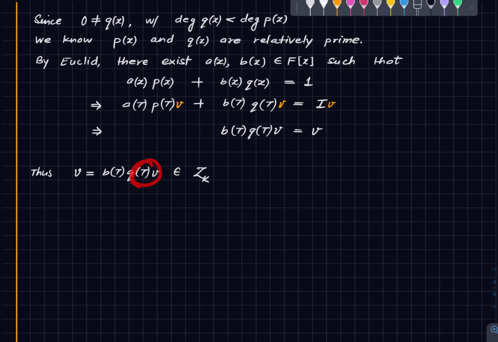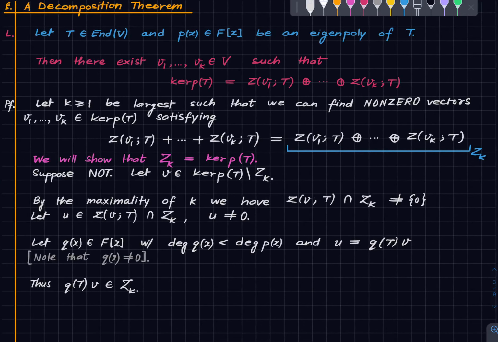So this was in ZK by the previous slide, but since ZK is T invariant, this is also in ZK, but this is equal to V. So we see that V is in ZK, and this is a contradiction. Because our choice of V was that V was away from ZK. All right. So this proves our theorem that you can write kernel PT as the direct sum